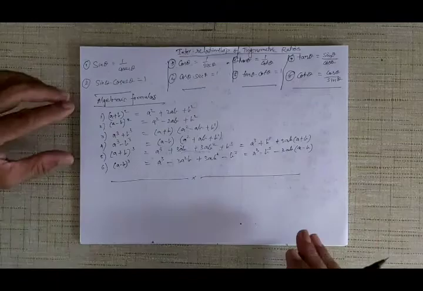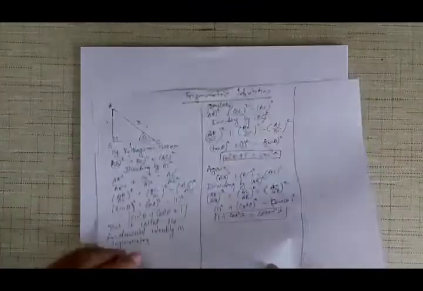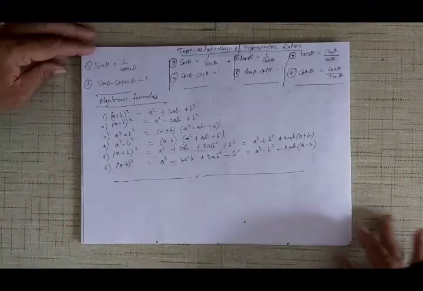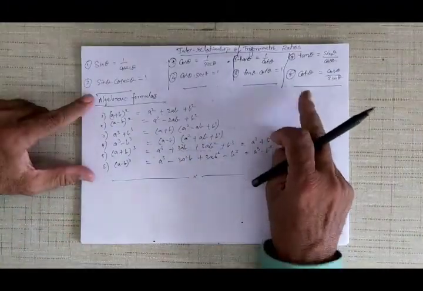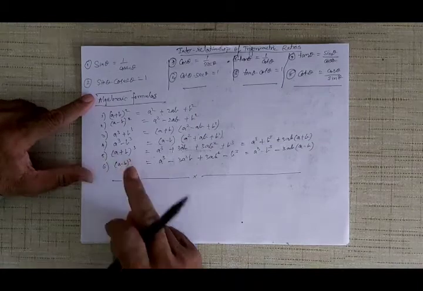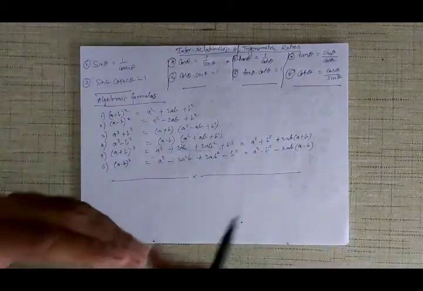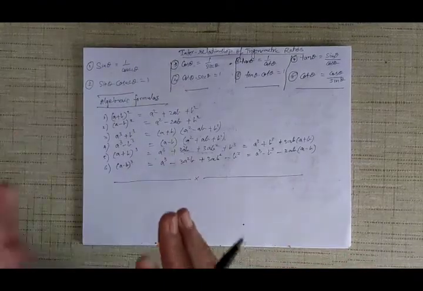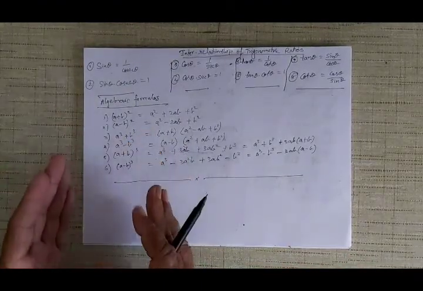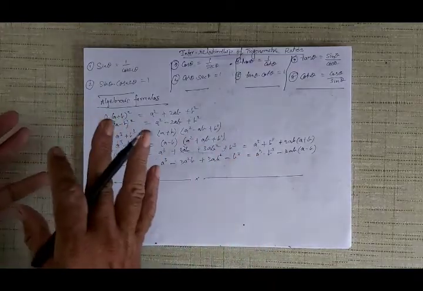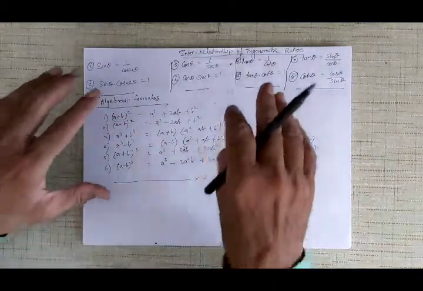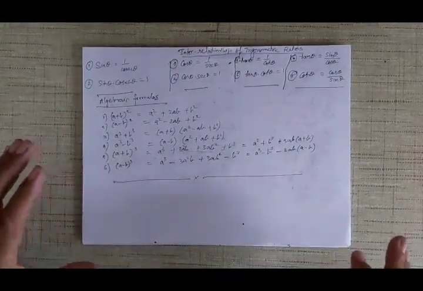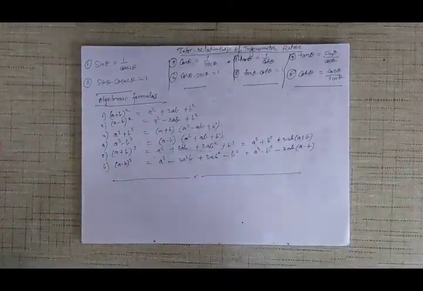Now, what I want to tell you is that these trigonometric identities combined with the interrelationship of the trigonometric ratios and algebraic expansions, if you don't know these things, then the next few problems, the next exercise will be very difficult to solve. You have to learn this by heart. The expansion algebraic formulas are also important. They will be used inside that. So that's why it's important to know the interrelationship of trigonometric ratios, and you got to know the algebraic formulas also. Otherwise, it will be a huge problem.